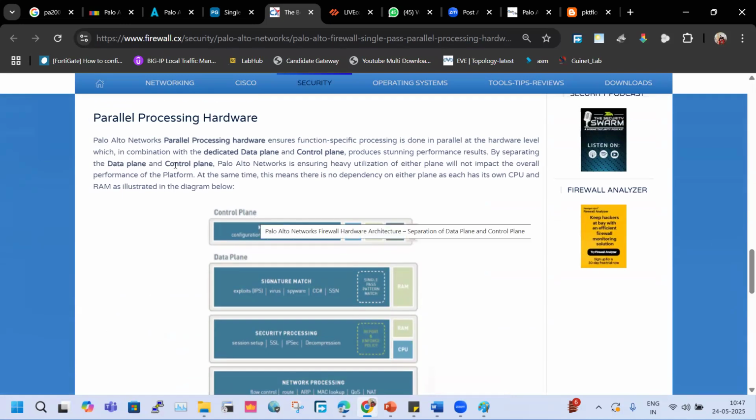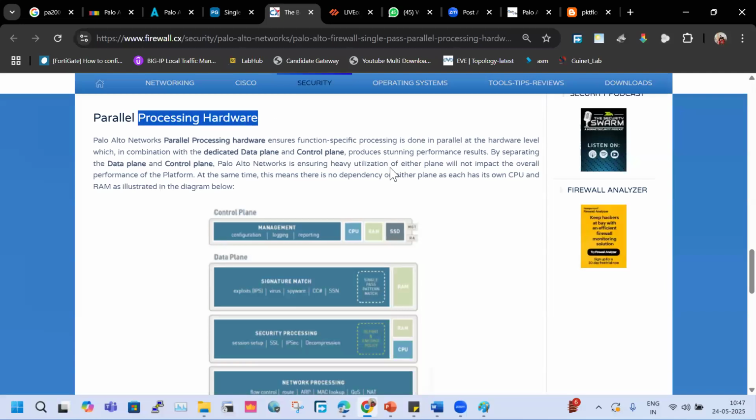Okay, in our hardware, you can hear me, right? Hello, am I audible, guys? Yes, sir. Okay. So guys, here our hardware is divided into two parts. We have a dedicated control plane and data plane, right? What is the control plane? What is the data plane? The control plane is the plane that manages all the management traffic. It has a dedicated CPU, RAM, and hard disk. The data plane also has a dedicated CPU, RAM, and hard disk.